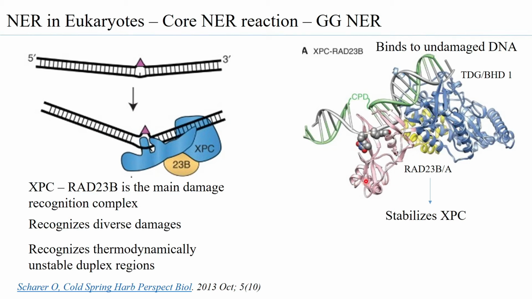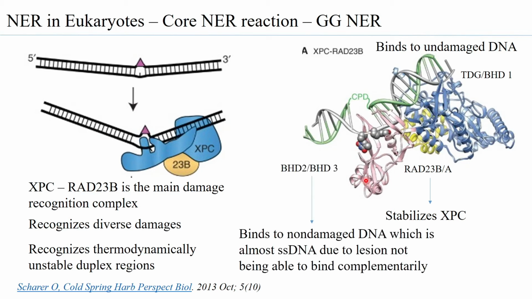These domains are basically made up of beta hairpin domain 2 and beta hairpin domain 3. And these two domains are able to bind to the nucleotides that are present opposite to the adduct. Here the adduct, of course, is the thymidine dimers. Now, effectively, the understanding therefore is that this domain is not binding to a double-stranded DNA, it is binding to